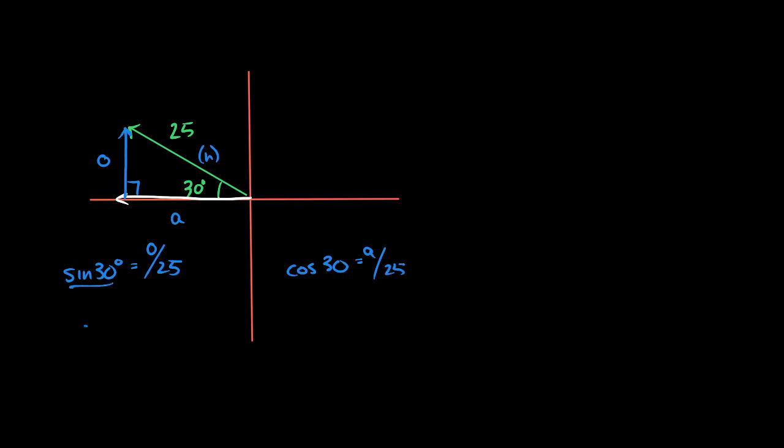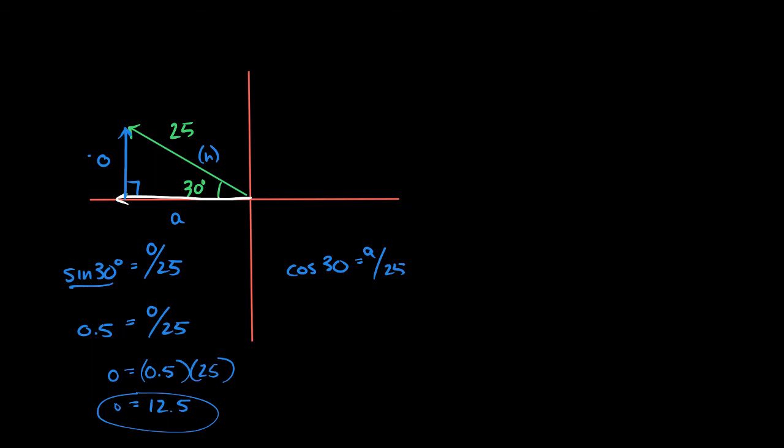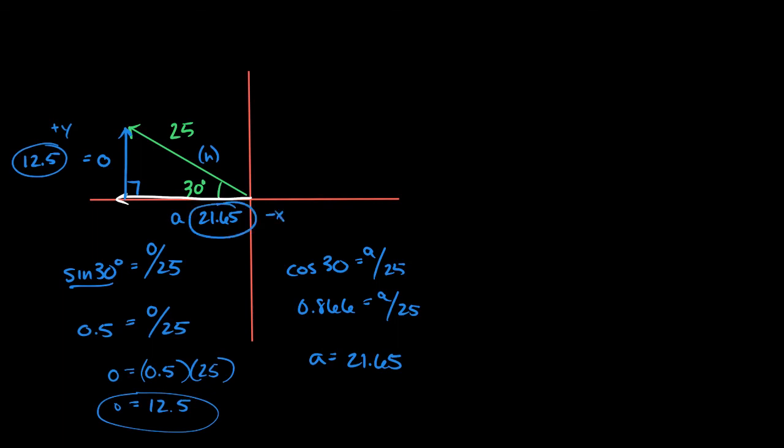Look up in my chart. Sine of 30 is 0.5 equals opposite divided by 25. So the opposite side is going to be 0.5 times 25. That's 12.5. The cosine is 0.866 equals adjacent divided by 25. So 0.866 times 25 means the adjacent side is 21.65. So 21.65. Now here's the hard part. I guess more the hard part. This is actually in the positive y direction. This is in the negative x direction. So I'm going to go back